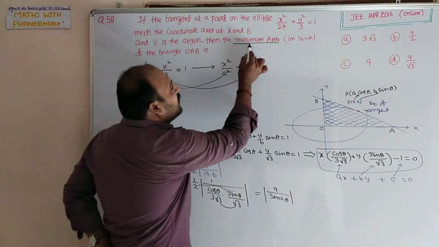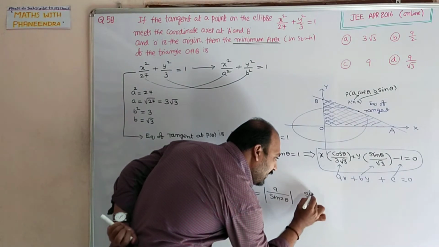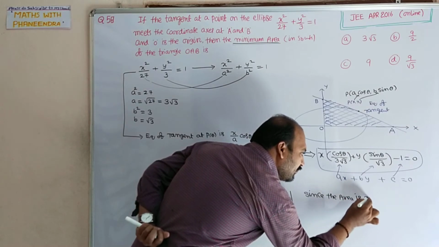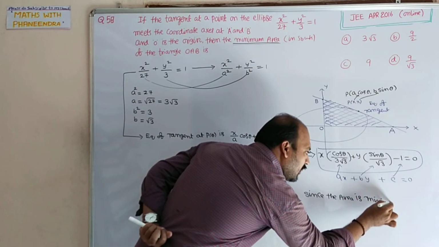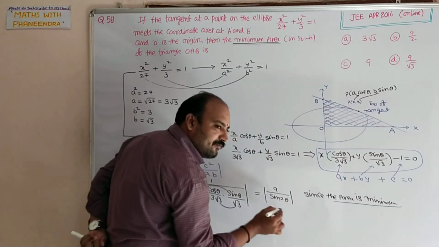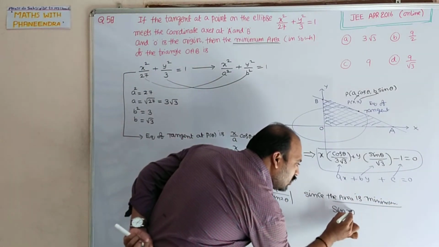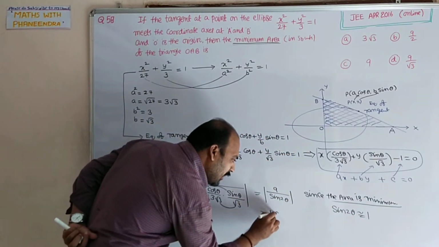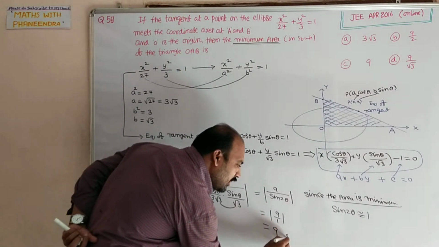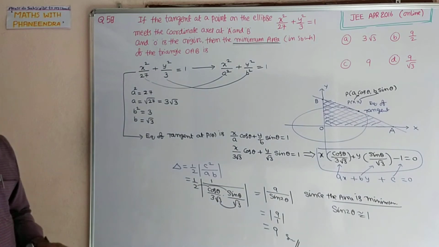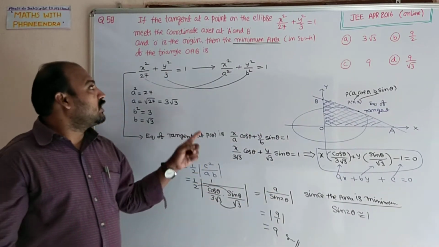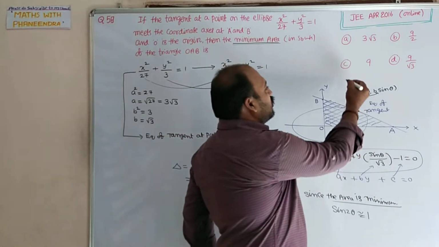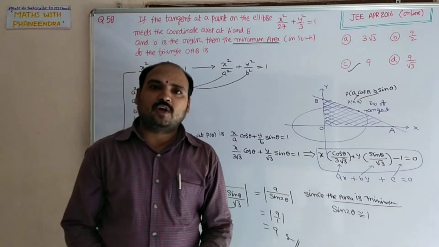Whenever the area is minimum, since the area is minimum, you have to underline this step. This is very important. In maximum minimum, it will be there. Minimum, sin 2 theta value goes to be equal to 1. So sin 2 theta value 1, so mod 9 by 1, which is equal to 9 square units. Therefore, the area formed by the tangent at the point to the given equation of ellipse is 9 units. So, which is there in the third option. We will move to the next question.